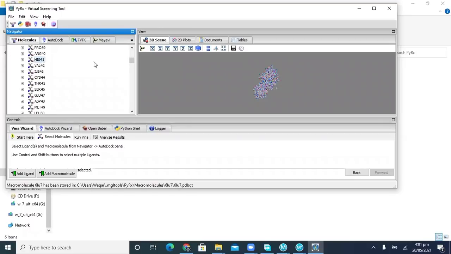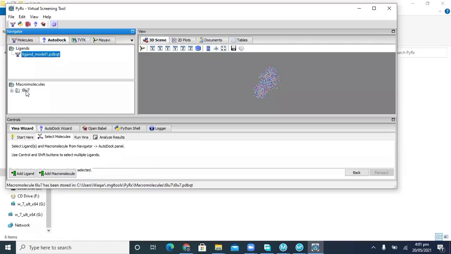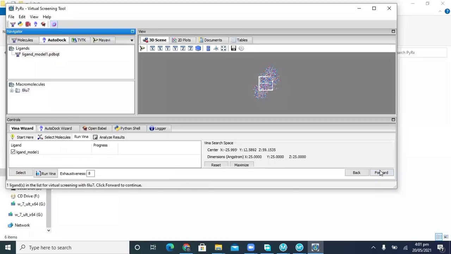Control and click on the mouse together, and 145 will be selected as the active site residue, and click on toggle selection. As I showed you, these are the active site residues in pink color. Now click on Autodock, click on protein again, and ligand, click on forward.